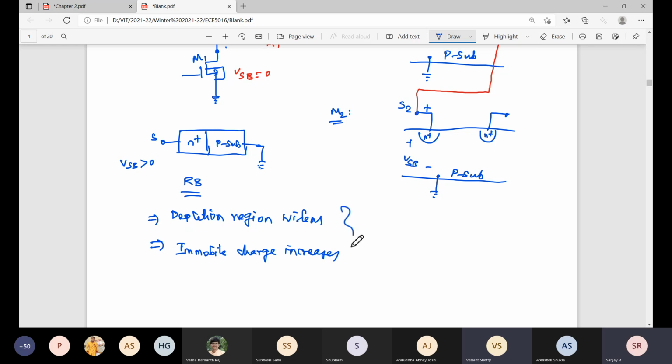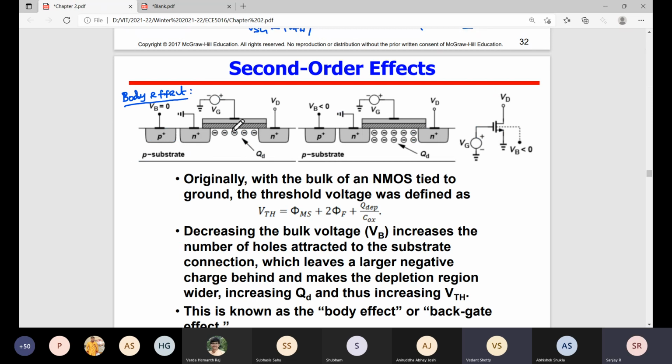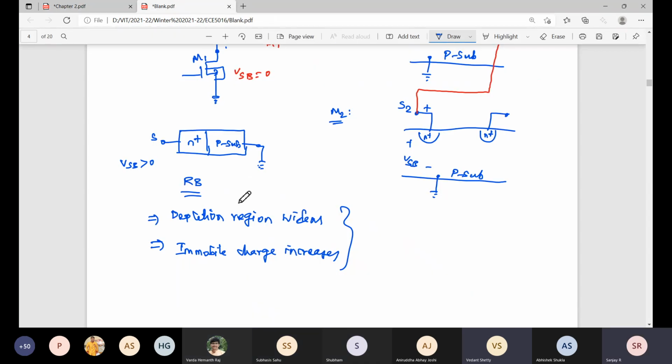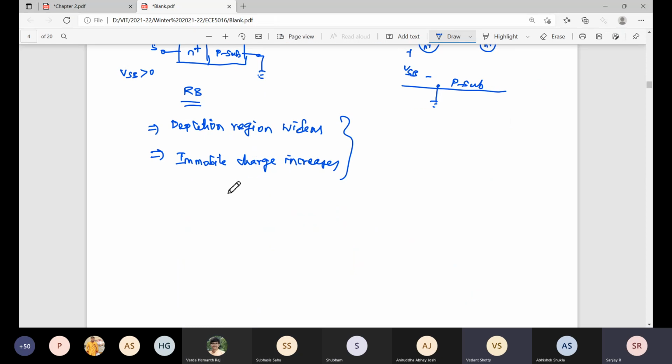So you understand this thing? Any doubts here? Okay. And now this is without the body voltage. Now we can see when you increase the body voltage, VSB greater than 0, so immobile charge is increasing. Do you understand? Depletion is widening. Am I correct? Yes? Increasing QD. Now, before going to why the threshold voltage is increasing,